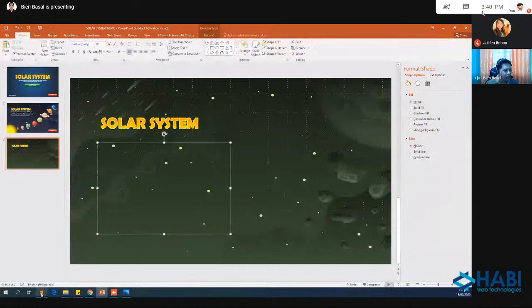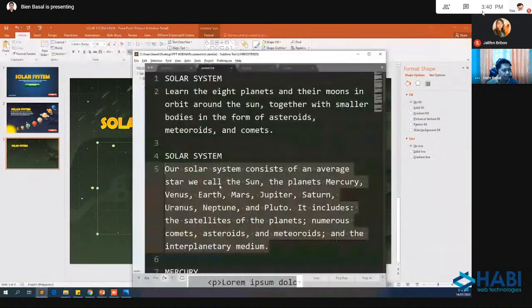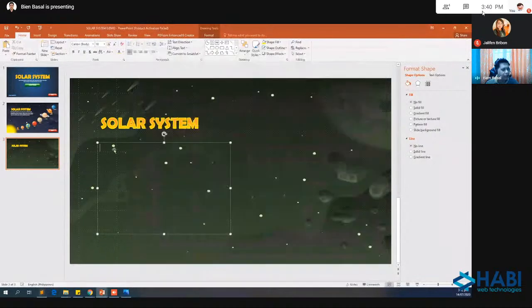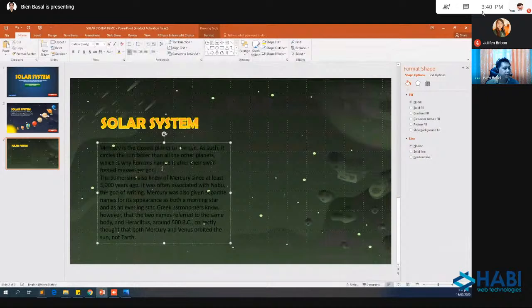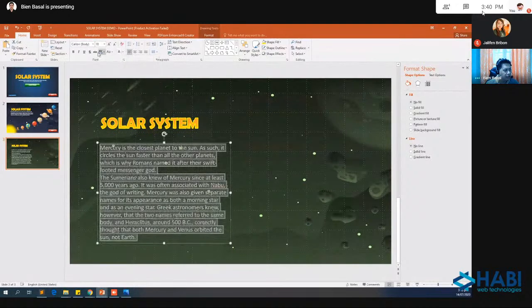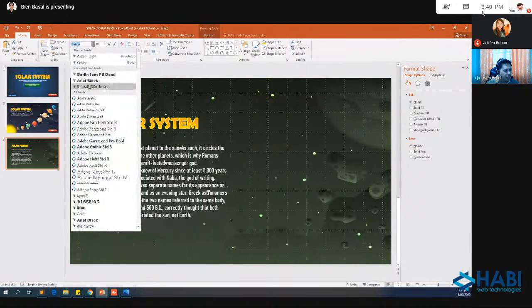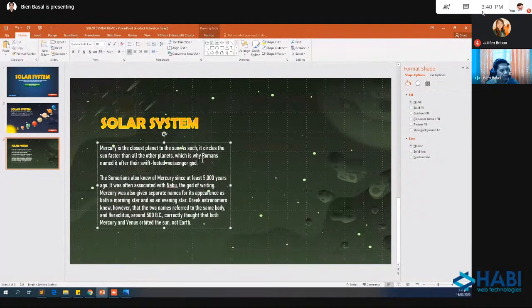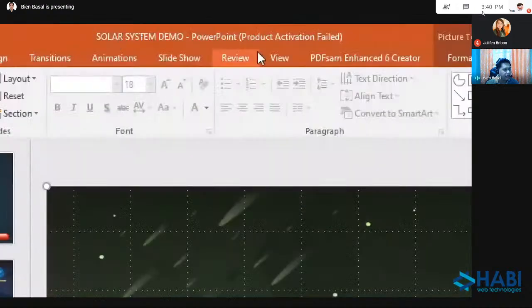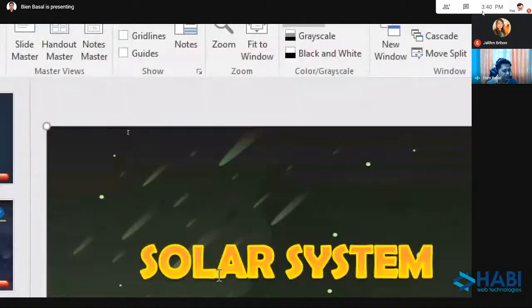And I will copy now the description of Mercury. I will copy all the text, copy, and paste it here. Okay. Now, it's black. Of course, you need to adjust this, make it contrast. Let's use white. And use a different font. I'm using this one, Bahnschrift Condensed. I will remove the grid lines. Nice.